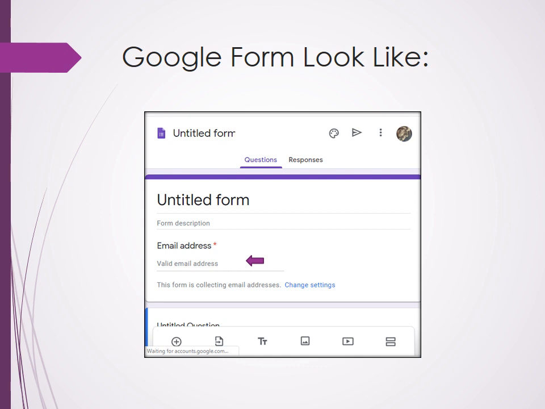But it may change. It depends on the requirement. Sometimes you may be taking anonymous feedback. In that case, you may avoid it by changing the setting there. Using it, you can do it.